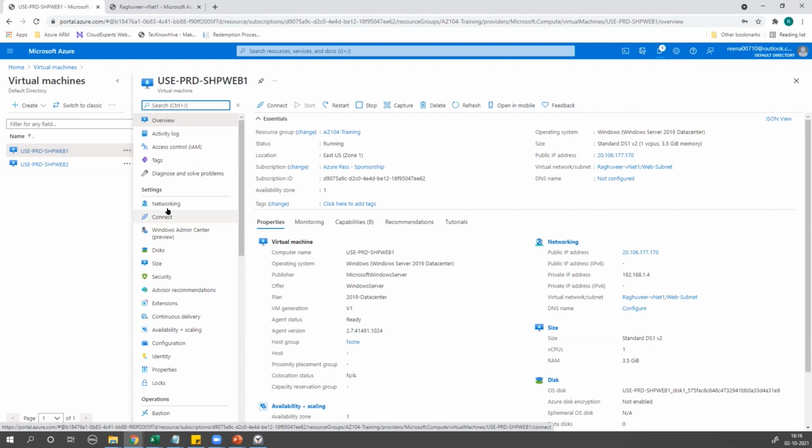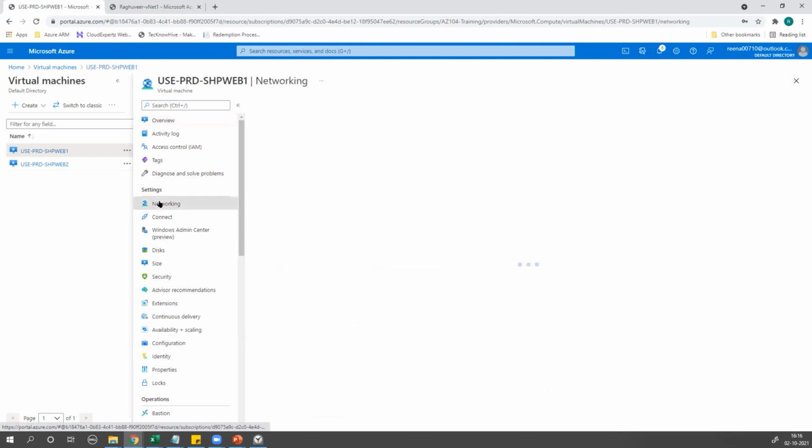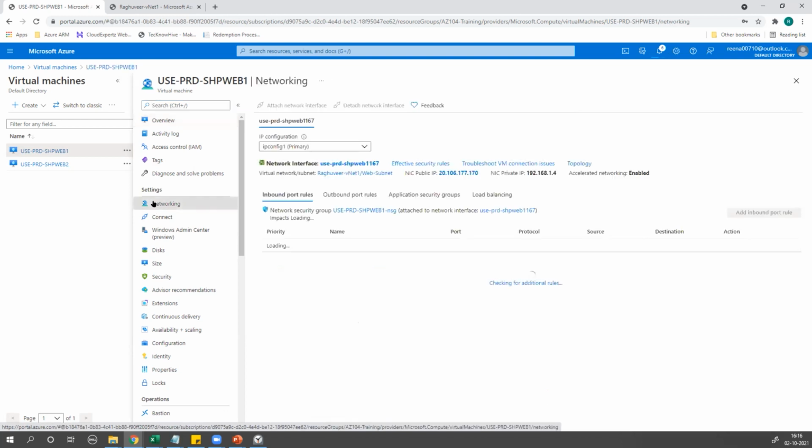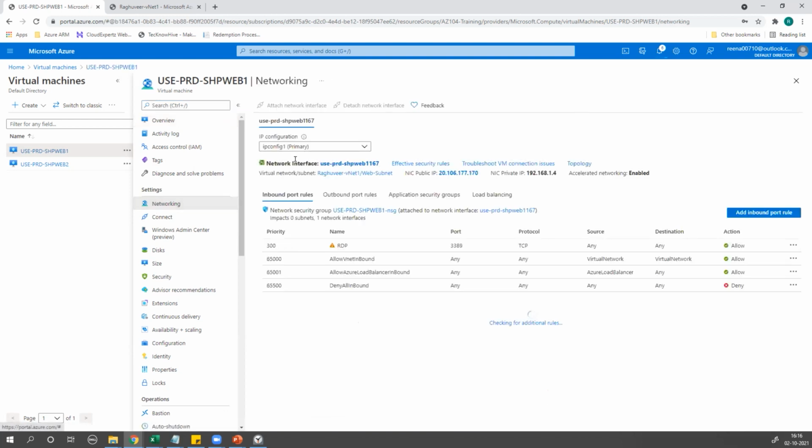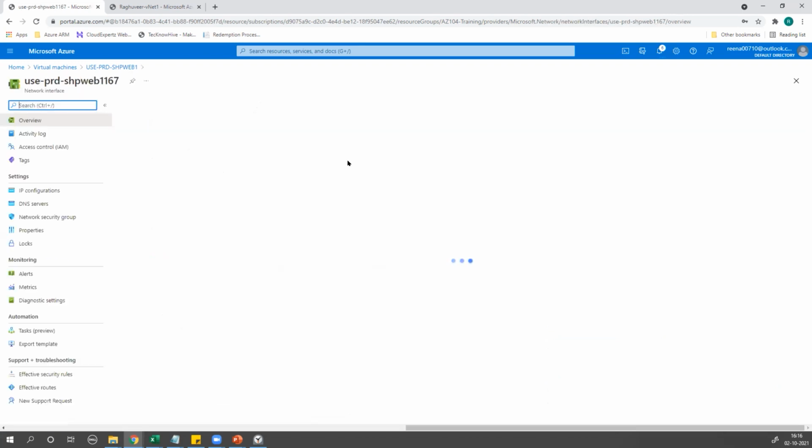So for anything to do with IP addresses, you will always click under settings on the networking tab, which will show you your network interface card. This is the network interface card, which will always have the VM name and then some numerals which Microsoft adds. So you will click on this network interface,